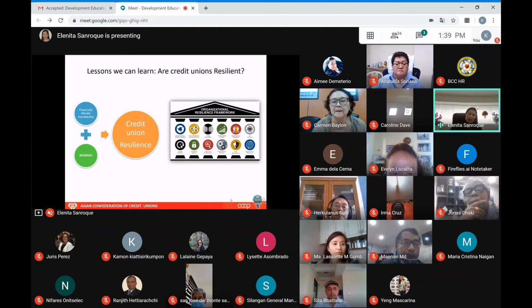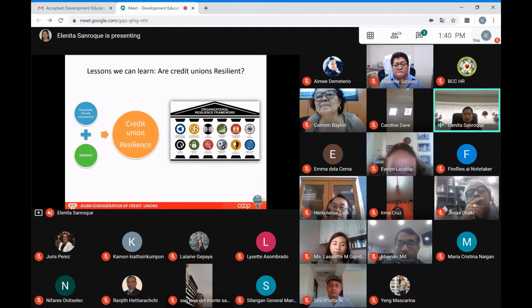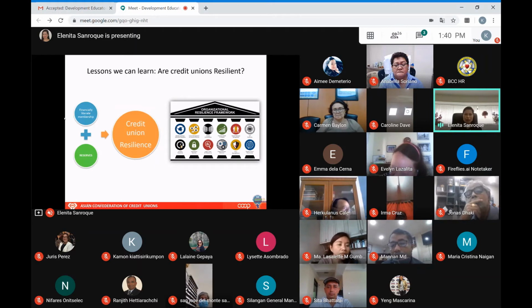Are credit unions resilient? This is a very busy slide, the organizational resilience framework, a very technical thing. The reason I put it in the slide is for you to see that there are a lot of items we need to focus on if we want our organization to be resilient. But to make it simple, I just want to highlight that your organization can be resilient if you have a financially